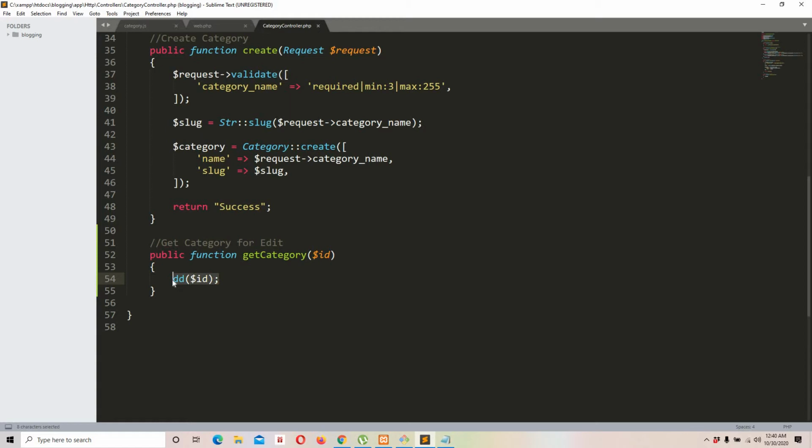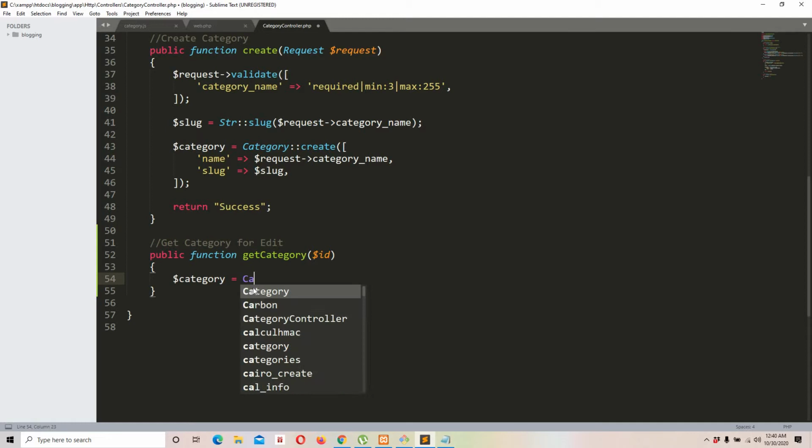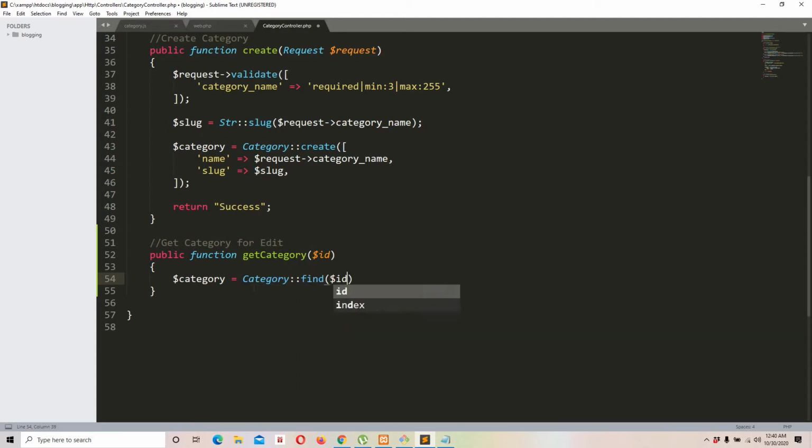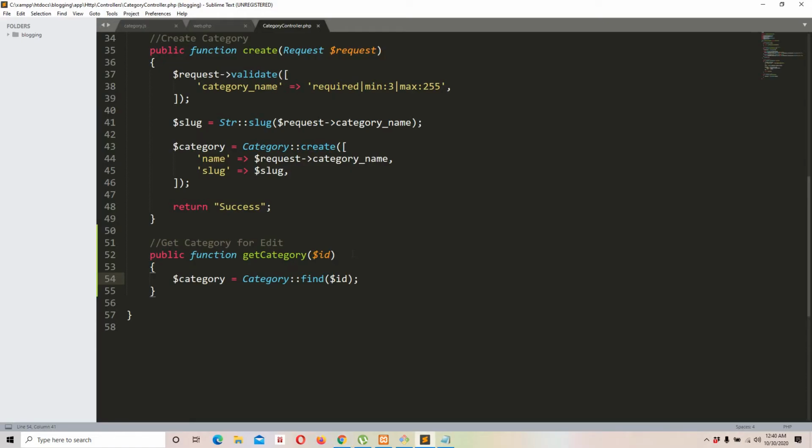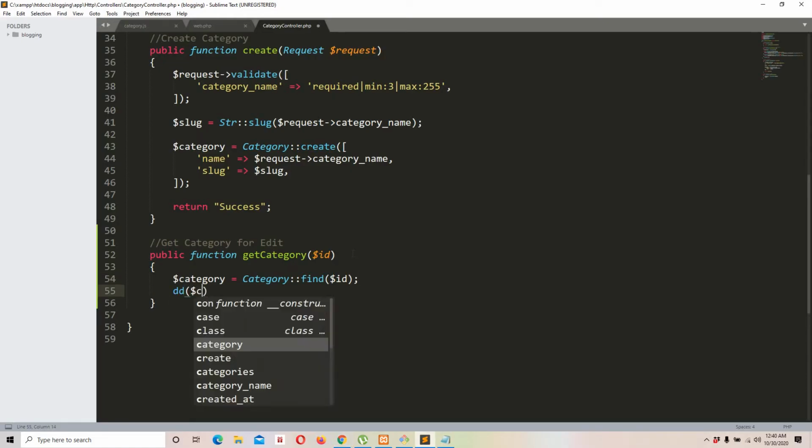Now what we have to do is find a category so that we can pass it to the Ajax request back, or the success function. Okay, let's do that. Category is equal to Category::find($id), whatever it is. If we click the first record, we are going to get the ID of that specific record, whatever it is, from right here. Now let's dd($category),